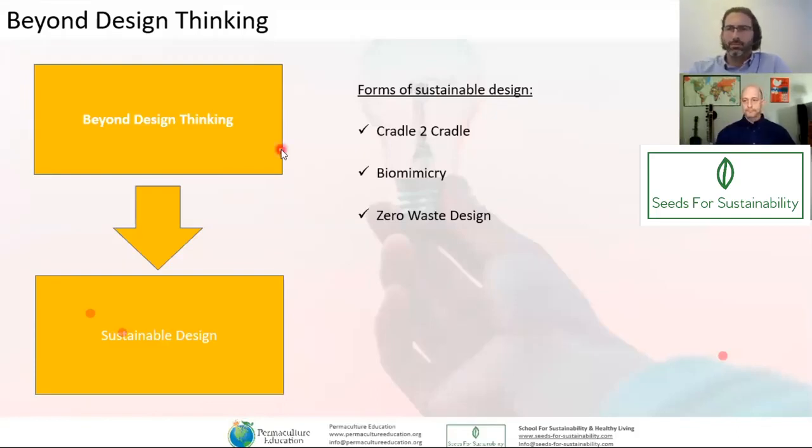So let me talk about zero waste design. Zero waste design is typically spoken of in terms of architecture. And that's using sustainable materials and trying to get to the end product or the end building with the minimal waste possible, if possible, zero. So that's another example of sustainable design being included in modern systems. So let's go to, what's the next one, Philip?